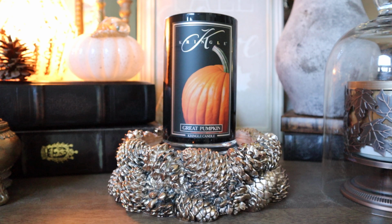There's a lovely touch of vanilla in here. Love the nutmeg. I just adore nutmeg. Honestly, if I had to choose only one spice to live with for the remainder of my existence, it wouldn't be cinnamon for me, it would be nutmeg. But yeah, you guys, overall, I feel like you have probably smelled something somewhat similar to